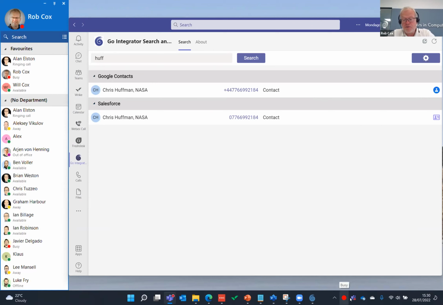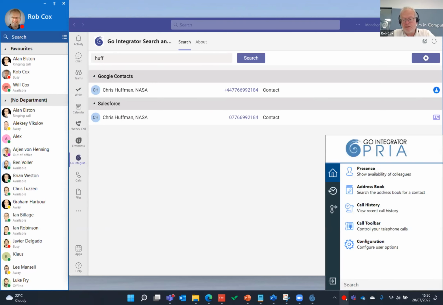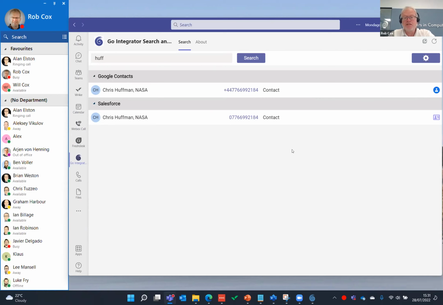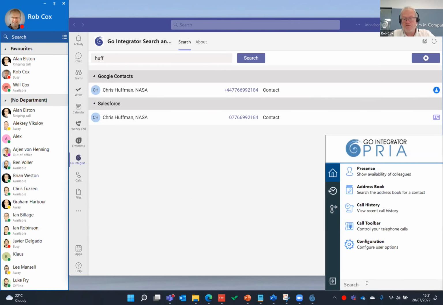Oh, yeah, now, the other important thing is now that I've turned Teams integration on, and assuming I've got direct routing or something similar, I've now got an option for Teams in my preferred device list. Now, what's interesting, whenever I click a number, whether I do it from Teams or whether I do it from here,